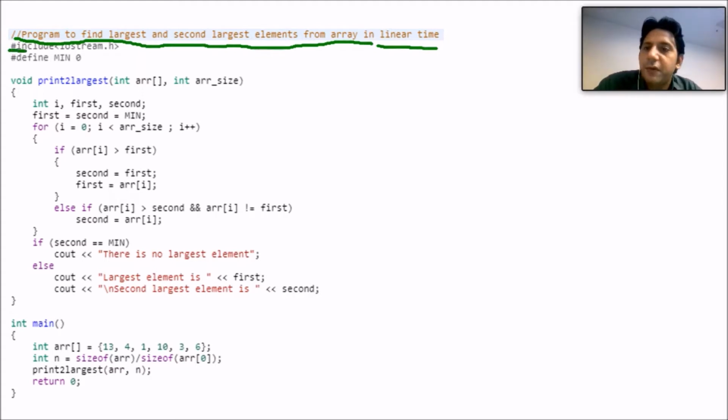First of all, we have #include <iostream.h>, which is where we include the header file. Then #define MIN 0. So there is a variable MIN, which we have defined as 0. Now the program goes to the main function, int main, then it declares int arr. So the array arr is declared.